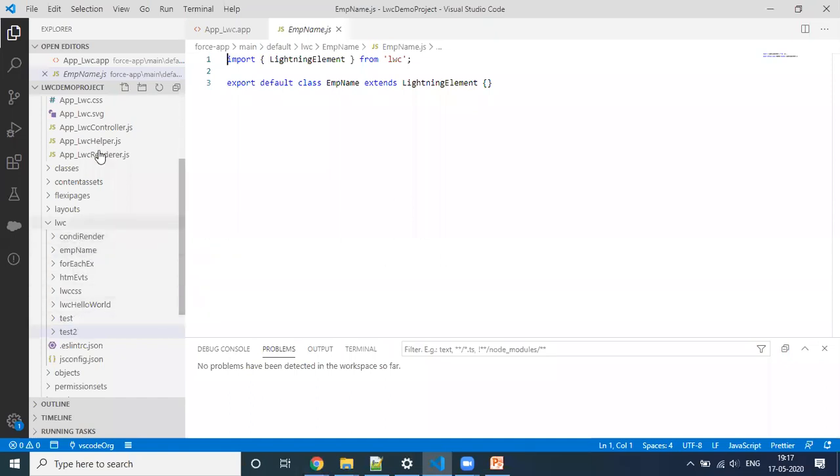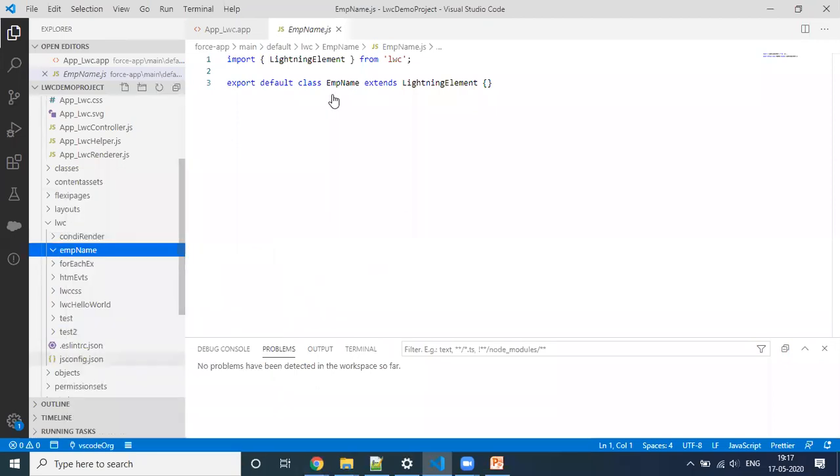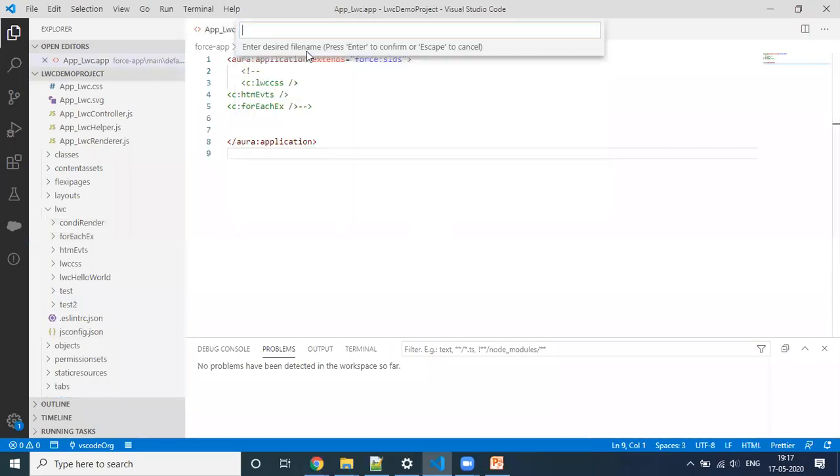Where is that? Okay, here it is. Okay, let me delete this and create it again. Employee detail, I'm giving it as a name. It will be a good name.